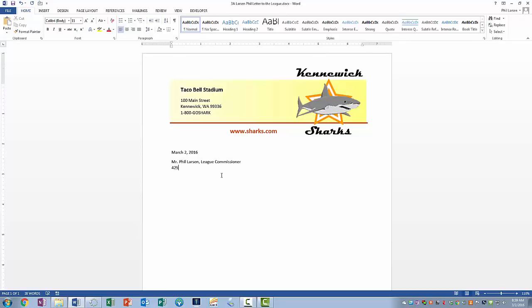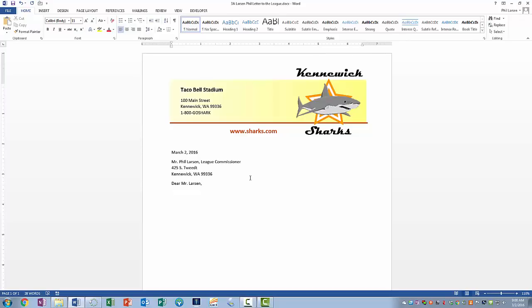Put in the address you have on your worksheet. South Tweet. Shift enter. Kennewick, WA 99336. Now Tweet is spelled correctly, but Microsoft is not familiar with this spelling, so you can right click on it and say ignore, and then it won't be underlined in red. I'm going to hit enter. It'll double space by default. Type in Dear Mr. Larson, comma,